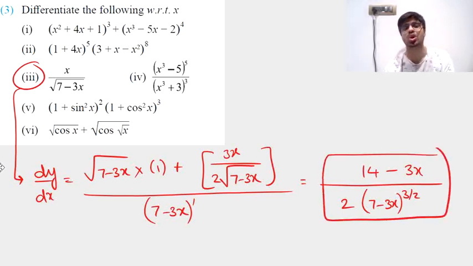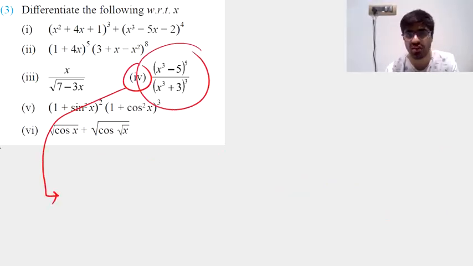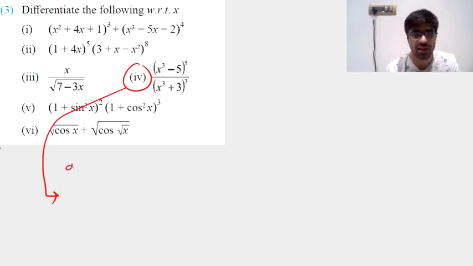That's the final expression of dy by dx for the third question. In a similar way, try answering the fourth one. The fourth one is again the u by v rule. So we have dy by dx